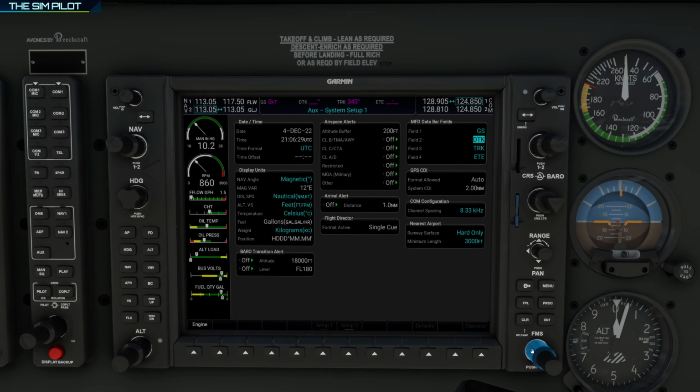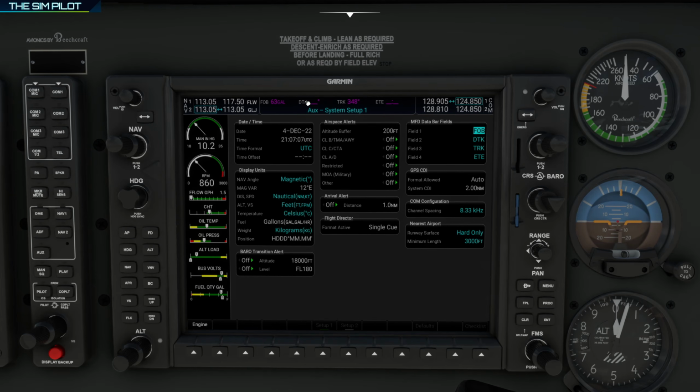Okay. And then the other one is changing the fields, the 4 fields at the corners of the display to select a different field. So this is showing now ground speed, direct track, and estimated time and route. And like in the GNS 530, you can make your own selections from a lot of selections that are available to us. Okay. So for instance, if I want to display the fuel on board on the upper left corner, which is the field 1, I can select FOB and press, and when we go back, you see fuel on board